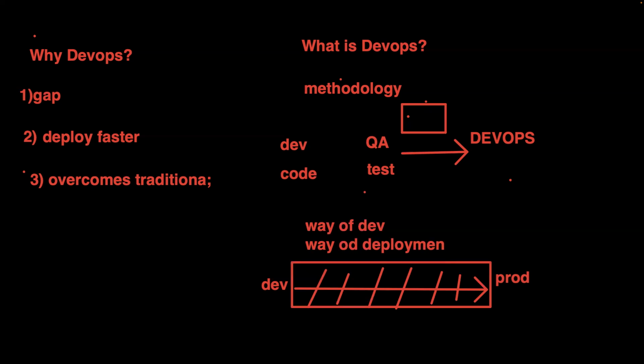That's what DevOps is. Anyone who has this skill set of automation is a DevOps engineer. So the development team is still there, the QA team is there, and the ops team. Instead of an ops team, we have a DevOps team who know this process of automation. Anyone who can automate this process is a DevOps engineer.